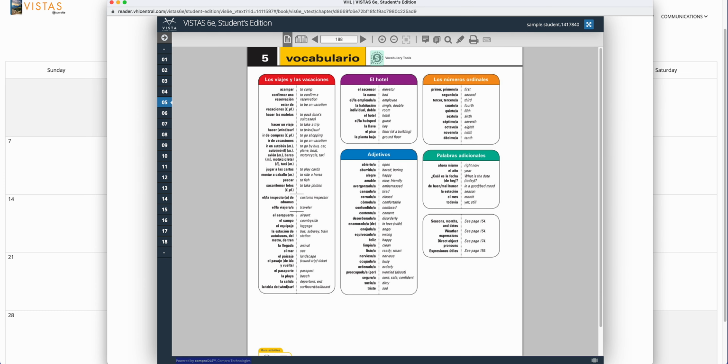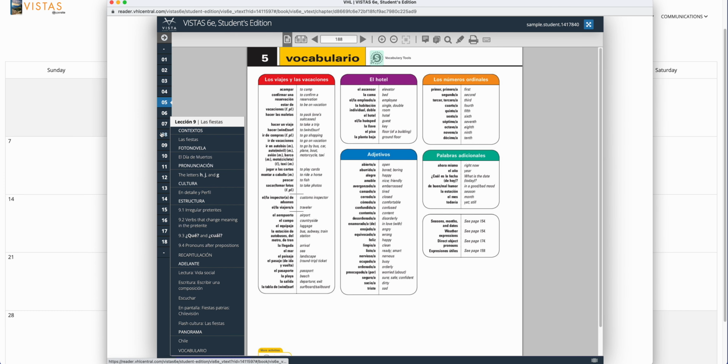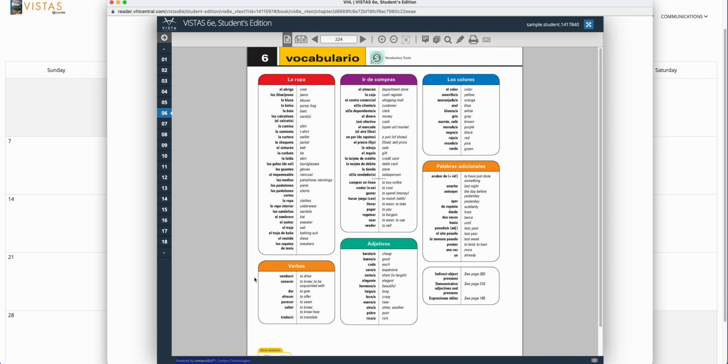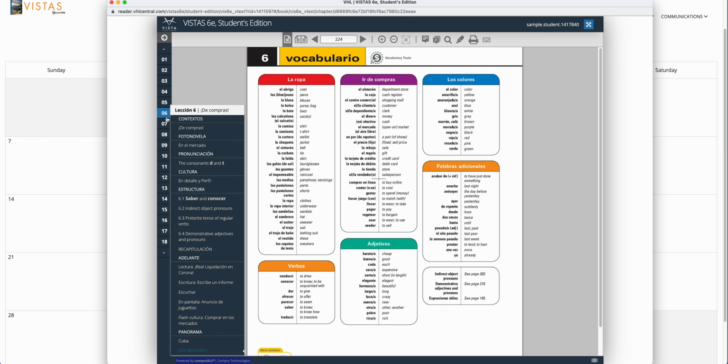So what I suggest is, let's say we're in chapter 6, that you go all the way down to vocabulario and memorize this vocabulary, because if you don't know the vocabulary, you're not going to understand the lesson, okay? This is all explained in Vimeo, by the way, as well. And then these are the grammar points, 6.1, 6.2, 6.3, 6.4, and there are 4 per chapter. And you need to know these things.